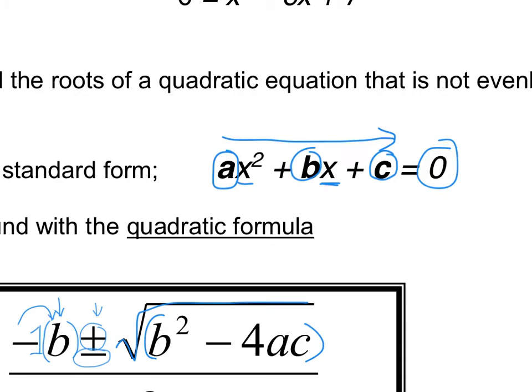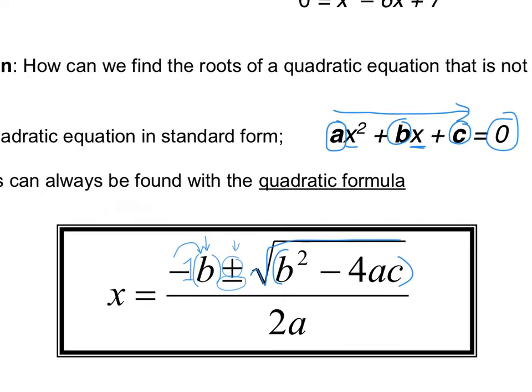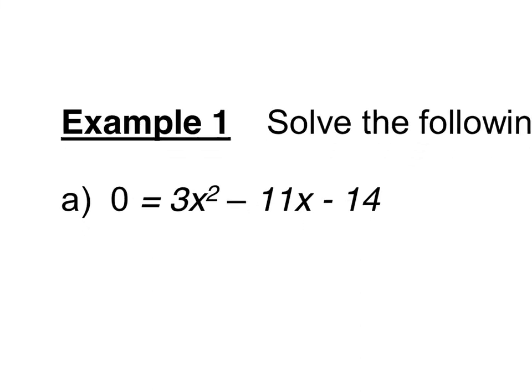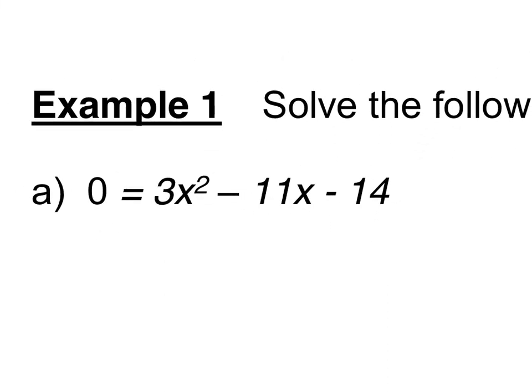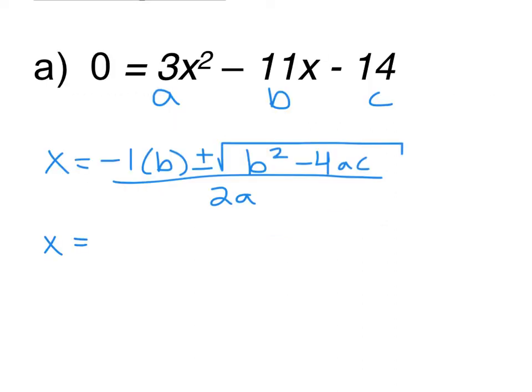So let's see an example of that, something really simple, where we're given the quadratic equation in standard form, which is my A, B, C, and it's already written in the proper order. So all I really need to do is write down my quadratic formula and then plug in the variables to solve. So I've written in my quadratic formula, and now I'm going to replace the variables. So I'm going to keep that negative 1. B, see now here's why I wrote that negative 1, because B is negative 11. So I'm going to write negative 11